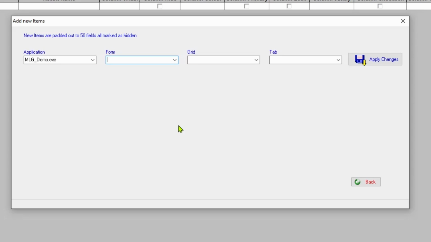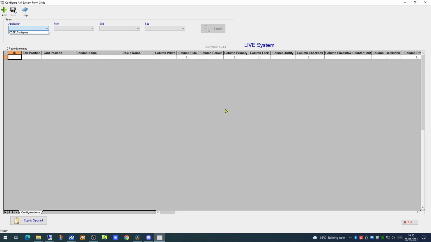All we need to do now is define the name of the form. Call this main form. We'll call the grid first grid, and we'll call the tab data. The tab field holds the name of the tab on the grid. This is what the user gets to see, so you can pick an appropriate name for the data you're going to be displaying. Now if we hit apply changes on that and come out of that screen,